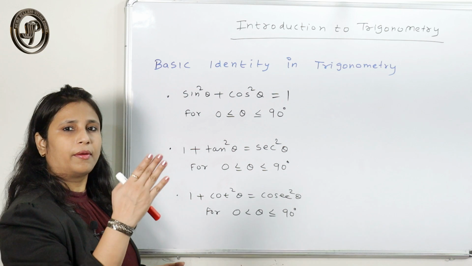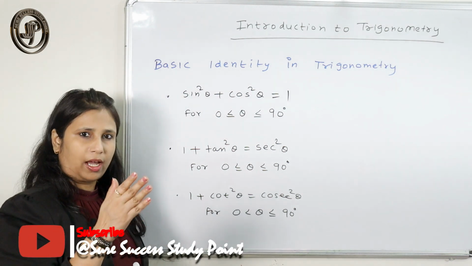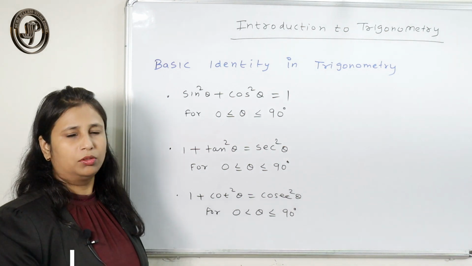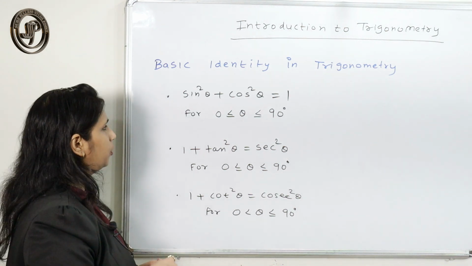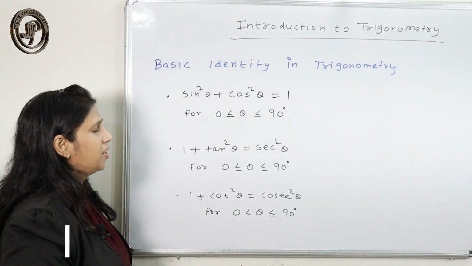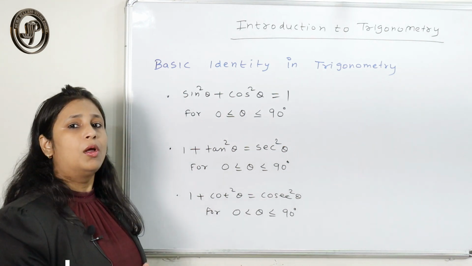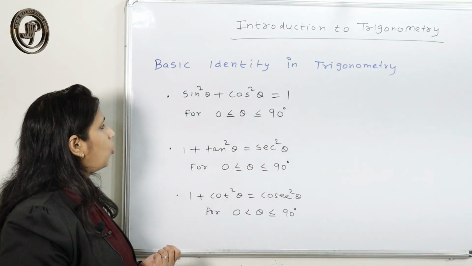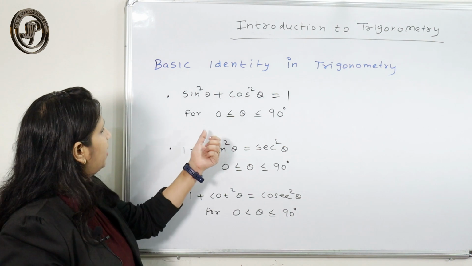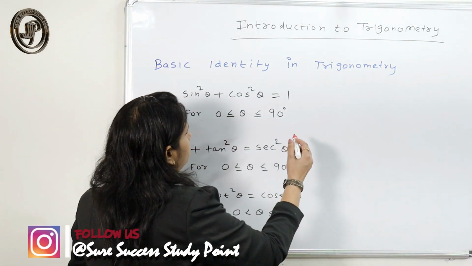Because when we take the identities, one angle should be a right angle, so the other two should be acute angles. So the value of theta lies between 0 and 90 degrees, including 0 and 90 degrees. That is the important thing, because sin theta and cos theta are both defined at 0 degrees. Okay, so now